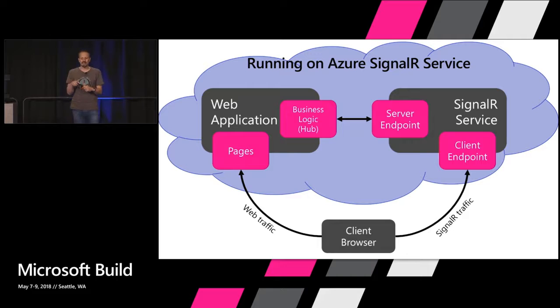The browser clients connect to my web app to get the pages and the CSS and the JavaScript and talk to the MVC controllers, but they connect to the SignalR service to hit the SignalR client endpoints. And then the magic of the SignalR service is that it is sending all that SignalR traffic between the hub in your app and the server endpoint running inside the SignalR service. Okay? And then they take care of scaling everything behind the scenes for you without you having to think about it. It's just one URL for the server to connect to, your app, and another URL for the client browsers to connect to, and then